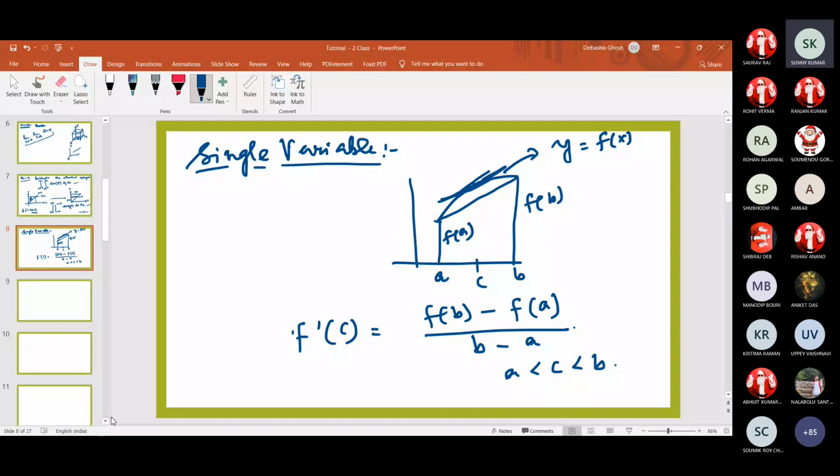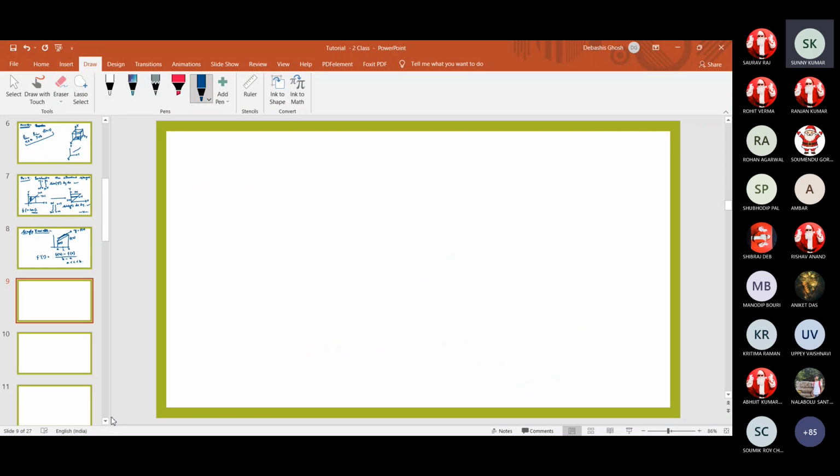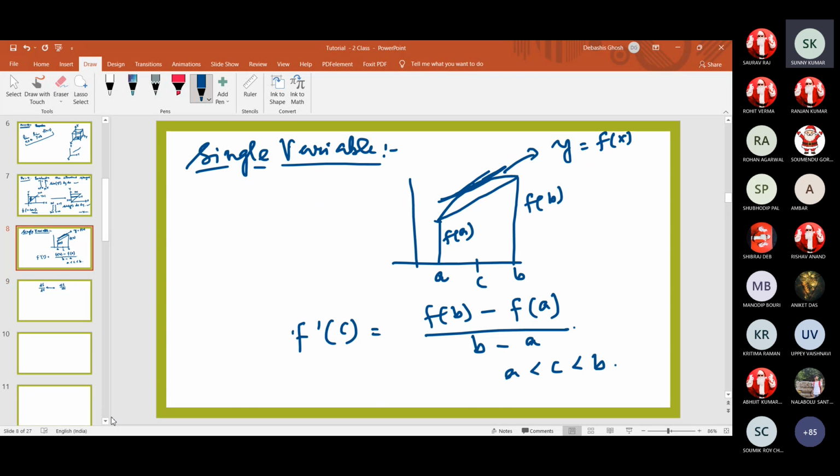What I am saying is that it relates the local to the global. So the differentiation, we compute that side, your f dash c, that we could write as the derivative df by dx, which we would connect with del f by del x. Del f is just f(b) minus f(a), and del x is the corresponding difference between your x values, p and q.